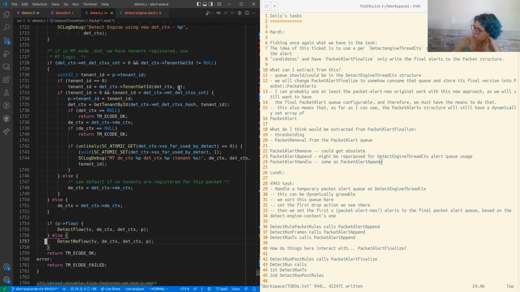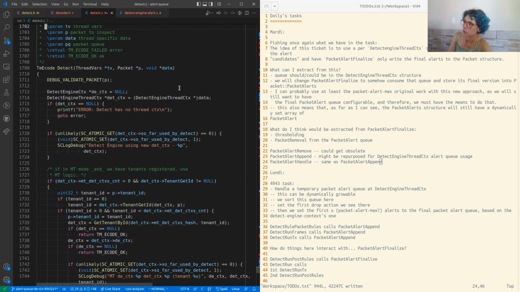So some of the things that we need might happen around maybe detect flow, detect no flow. But if this one receives a pointer, it does.